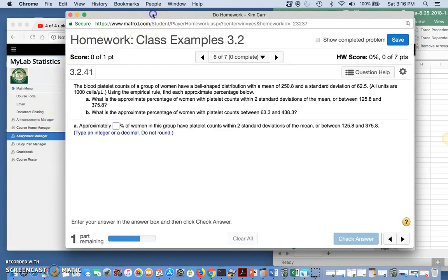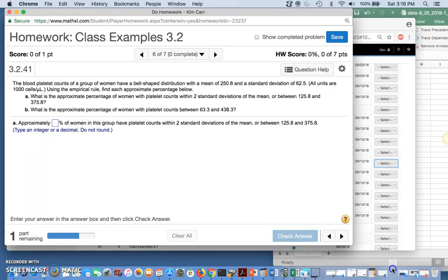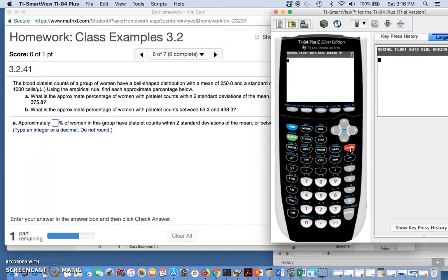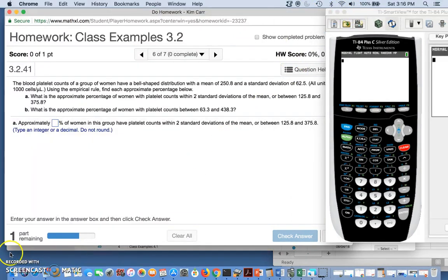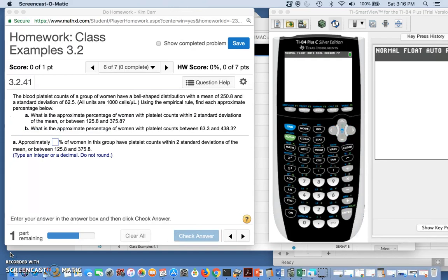All right, well, first of all, let's pull up a calculator and clear it out. Okay, now that we have the calculator like we want it, we want to find the percentage that's one standard deviation, two standard deviations, and then three standard deviations above and below. So we're going to start with the mean of 250.8,